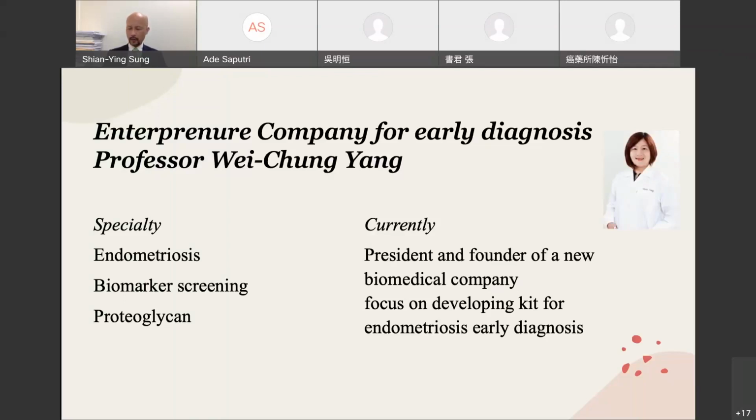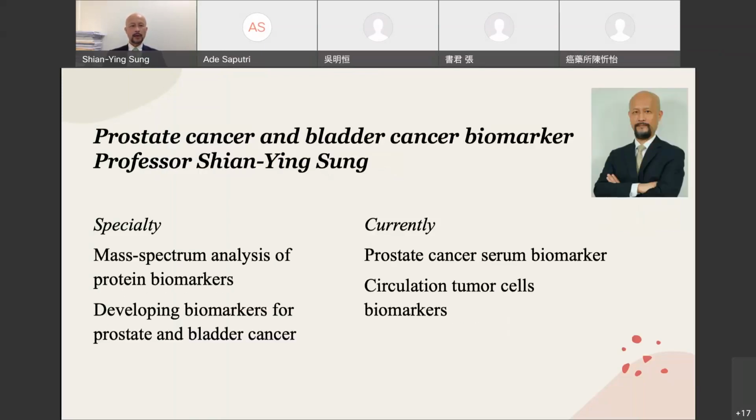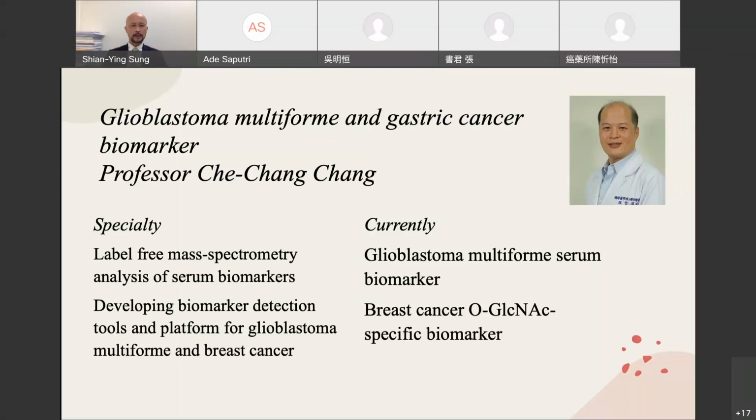endometriosis early diagnosis. And personally, I am also working on prostate cancer and bladder cancer biomarker development, and we will use mass spectrometry analysis to develop biomarkers for prostate and bladder cancers. So my current projects include the prostate cancer serum biomarker and circulating tumor cell biomarker for prediction of prostate and bladder cancers. Professor Zechang Zhang, he also used a large,